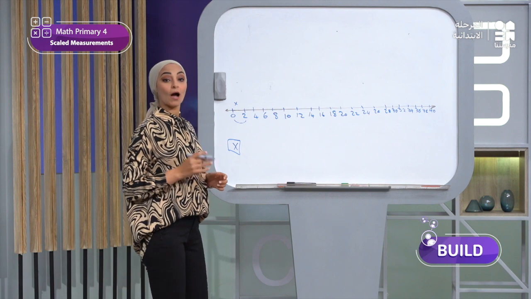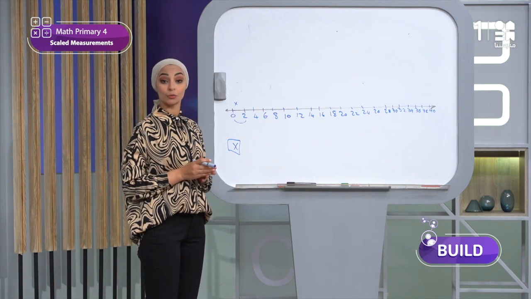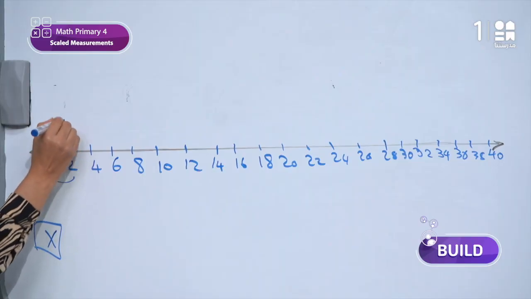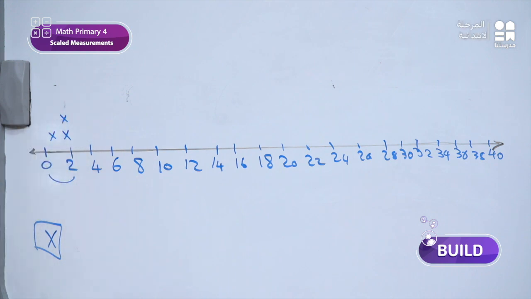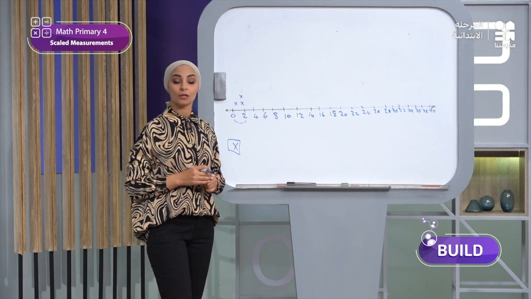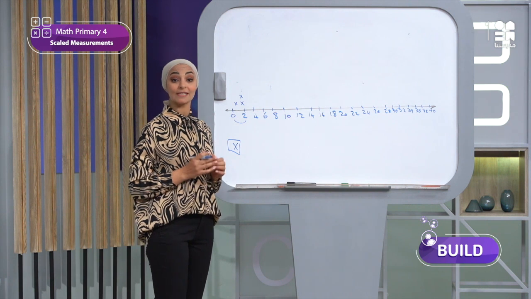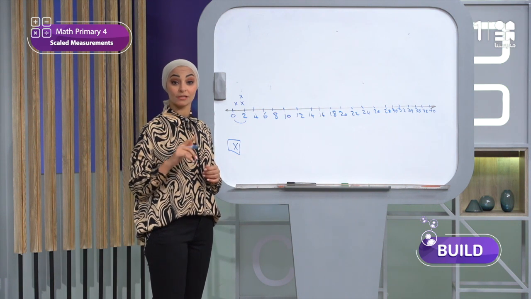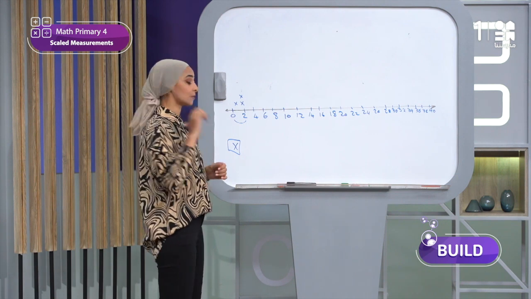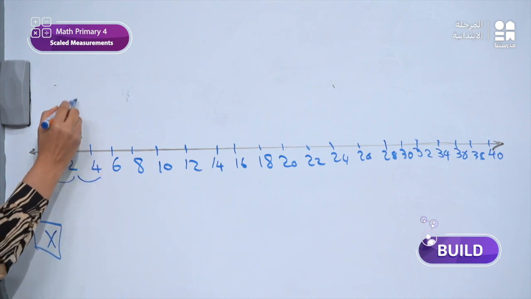Now, how many types of ants have the length 2? 2 types, right. So I will go to 2 and draw 2 x's like this. So we have two symbols of x above 2. Now let's see the next question. How many types of ants have the length 3 millimeters? 3 types. Where do I get this information from? From my table. I have 3 types, so I will go to 3, which is between 2 and 4, and draw 3 x's